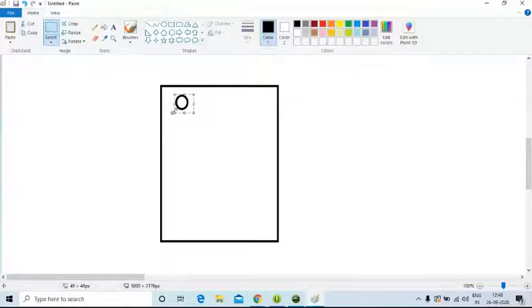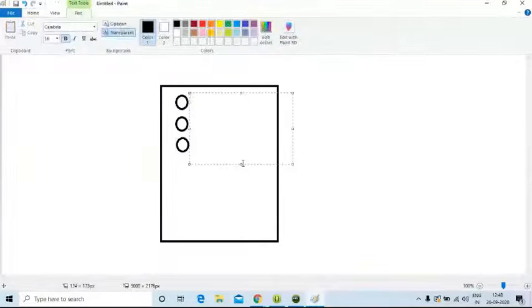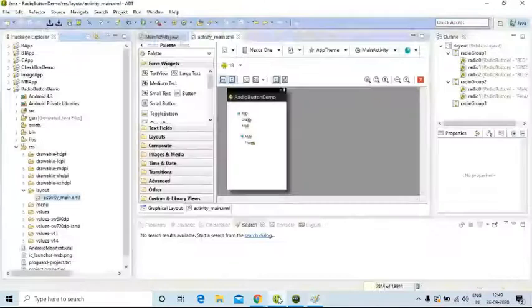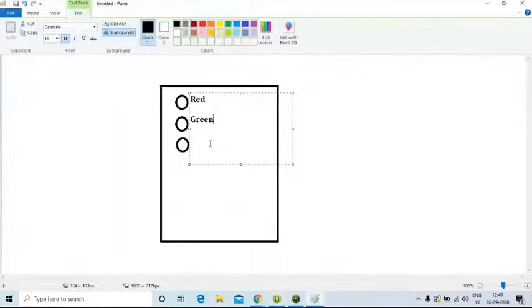For radio buttons, we use a radio group. In Android, we have a radio group. By default, we get 3 radio buttons in that. If you want to add more radio buttons, you just drag and drop a radio button. I'll explain. No problem. Here, I'm writing red. This is text, not ID. This is green, and I have taken blue. These are not IDs here. Can anybody say whether these are text or IDs, dear?